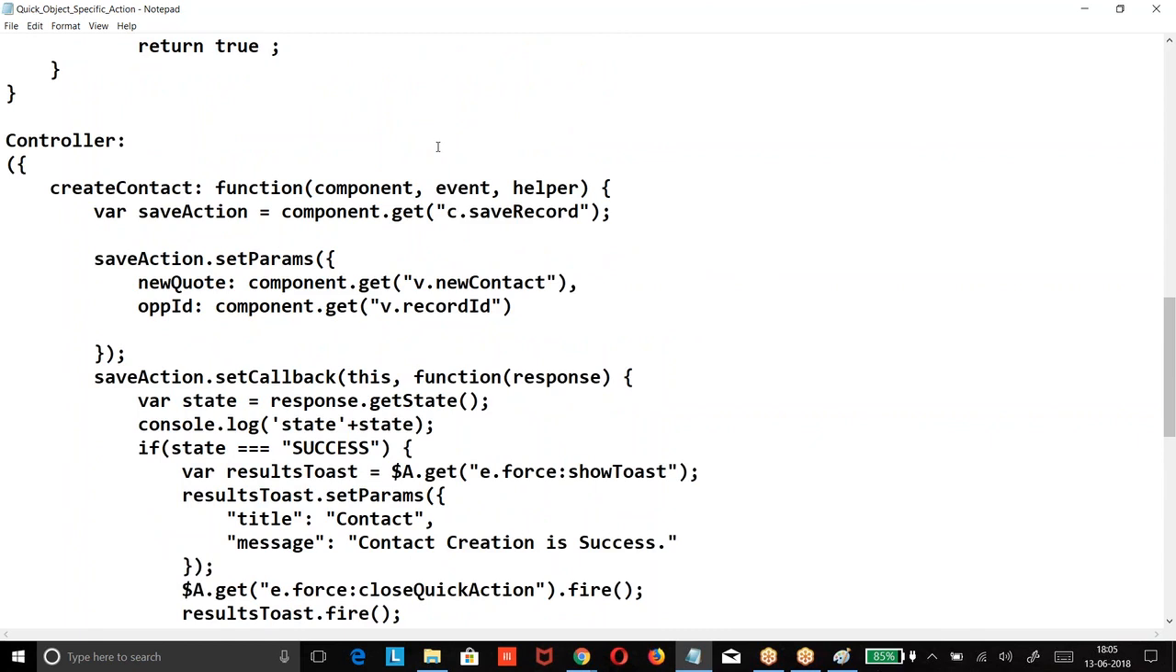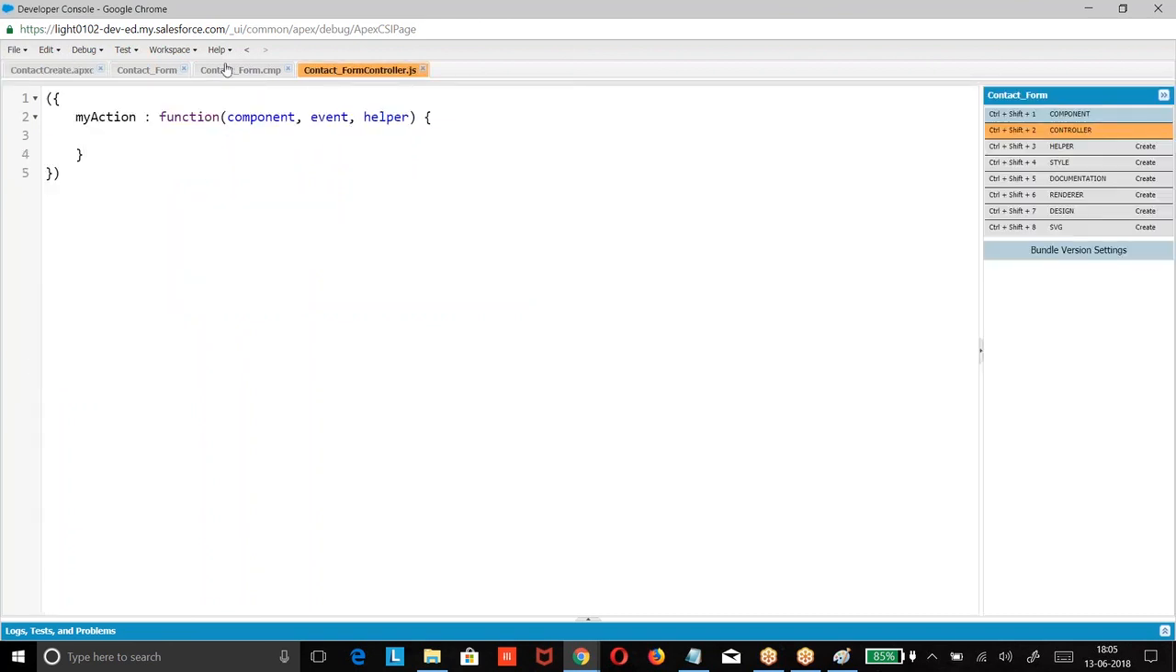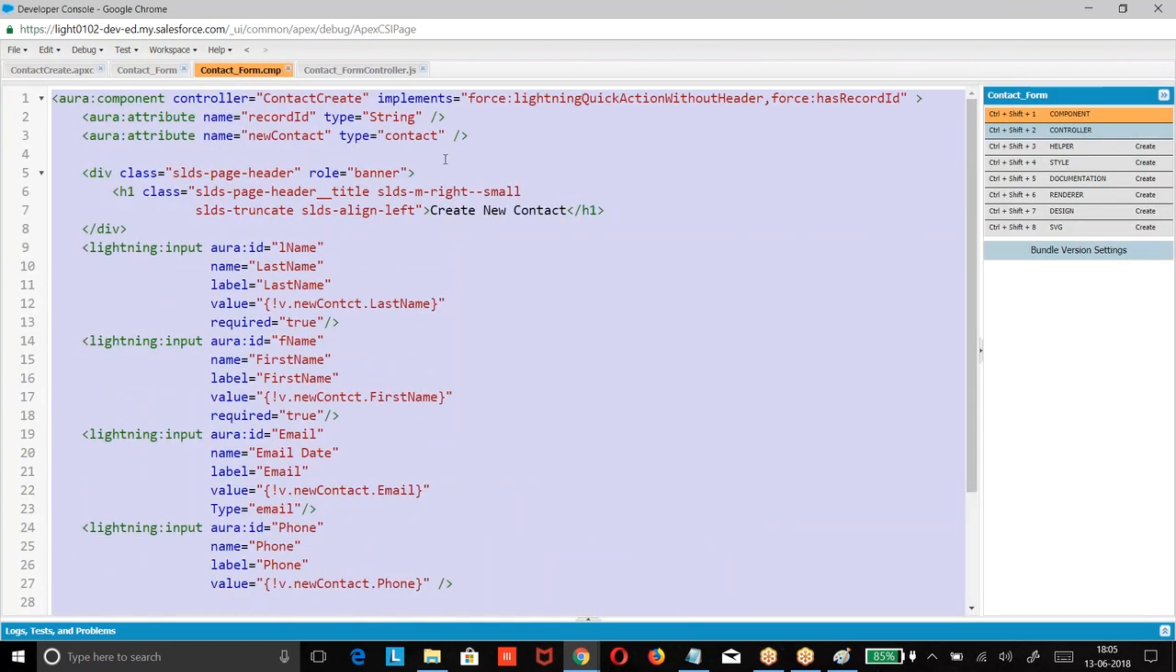First of all, whatever new record you have created, look at this. If I want to create a record, I am supposed to call this method. What is that method called? saveRecord. If I want to call saveRecord, what will I do? If you want to call an Apex class, how do you do it? component.get("c.saveRecord"). It will give an action equal to component.get("c.saveRecord"),